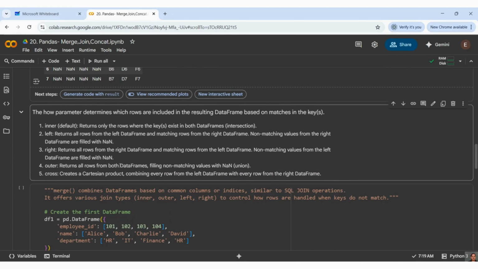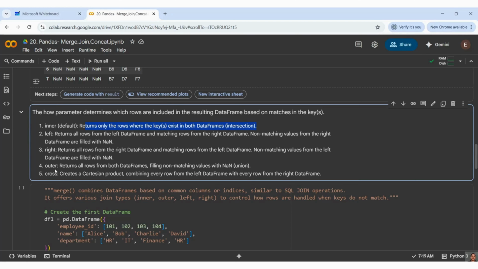Now, how will we perform merge operation? Merge operation here is again, guys, we know something called join operation in SQL. So this is the same thing, right? Here, like we know inner join, left join, right join, outer join, all those things are here. We have a few parameters it is recommending whenever we are taking merge. So one is the inner. It returns only the rows where the keys exist in both data frames. Like the common keys which you have, those it will take and it will give you the output. Left, same concept guys. Inner join, left join, outer join, this is the same concept.